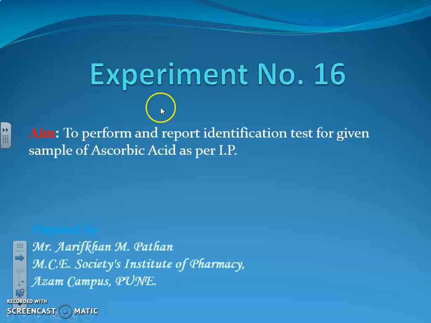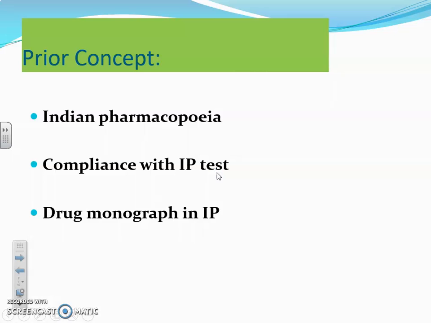In this we'll see experiment number 16, that is the identification test, and the aim for today's experiment is to perform and report the identification test for a given sample of ascorbic acid as per IP. So in this experiment we're going to perform the identification test for ascorbic acid. Ascorbic acid is nothing but what? It's vitamin C. So the prior concept is the same as in the previous identification test experiment, that is